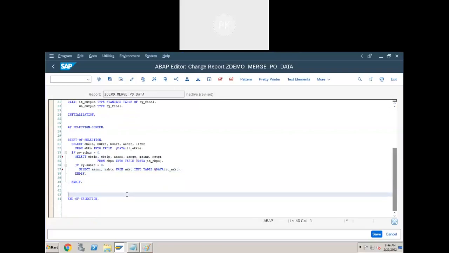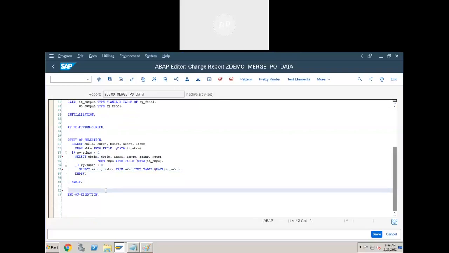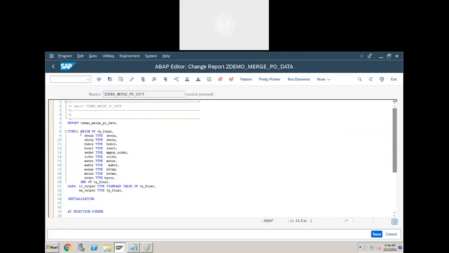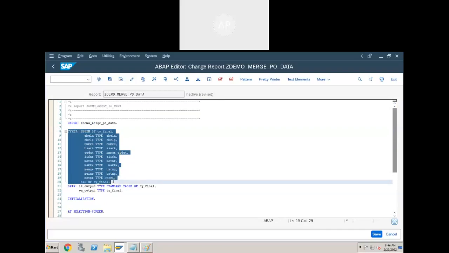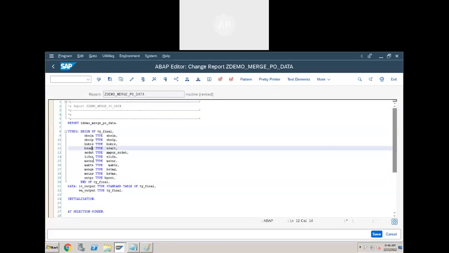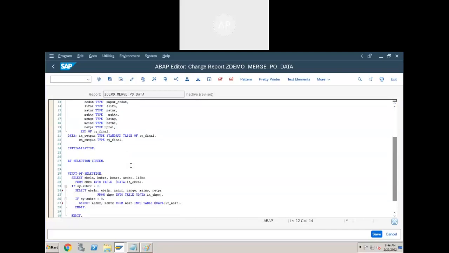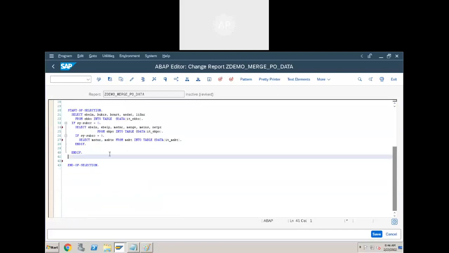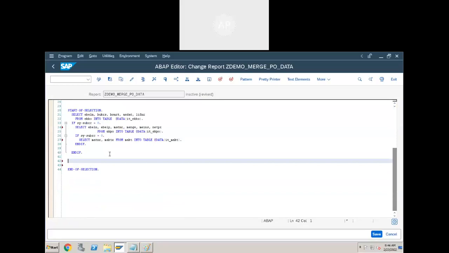Now, we have selected the data. Let's merge these three tables' data into a single output structure. This contains fields from the three tables, right? We'll merge this into a single record. So tell me what we need to do first.